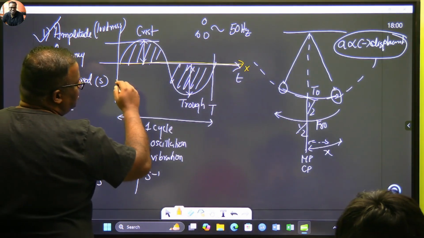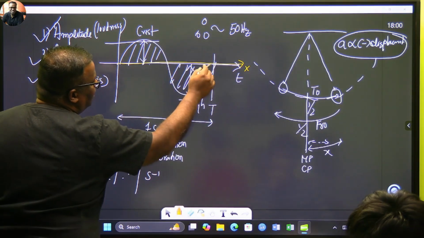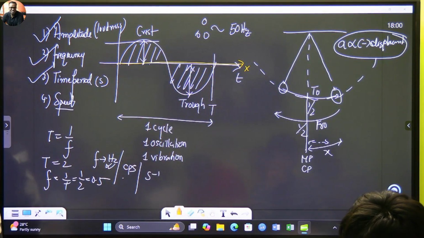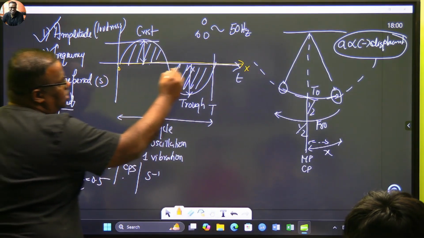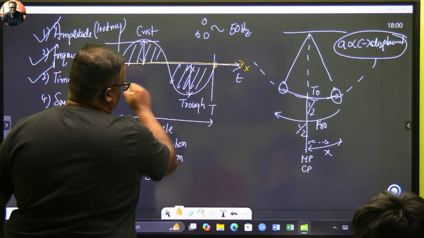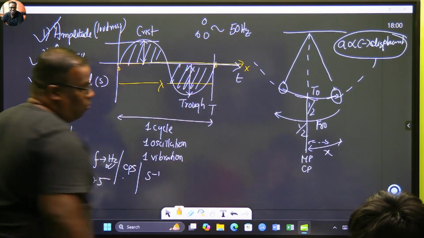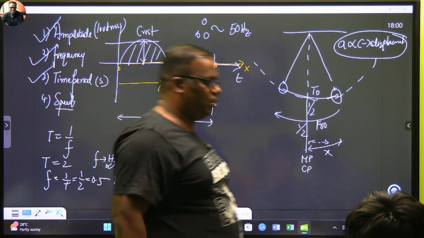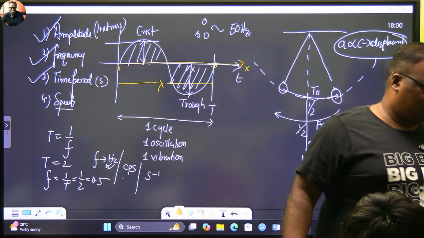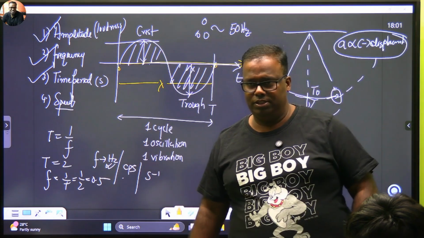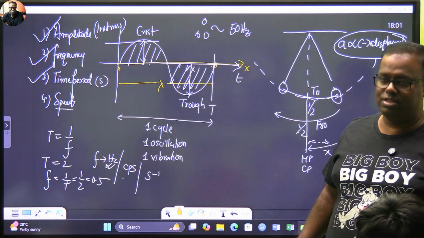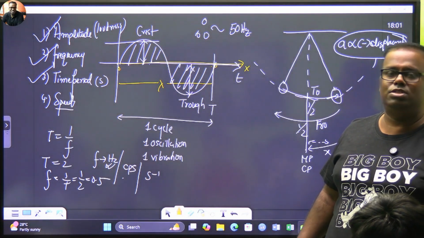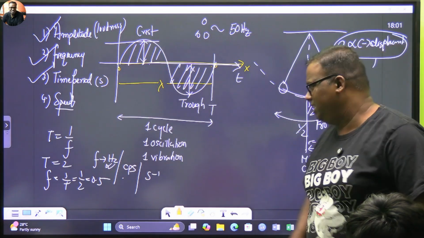So what is wavelength? One wavelength is the distance traveled by the wave over one cycle. एक साइकिल में जो पार्टिकल यहां पे था वो कहां चला गया? सर यहां तक चला गया. So this will be called one wavelength. One wavelength is one crest plus one trough. Two crests will also give you one wavelength. Two troughs or two adjacent points on the same phase is also one wavelength. इतना जानने की जरूरत नहीं है. आइए, your definition which you need to know is